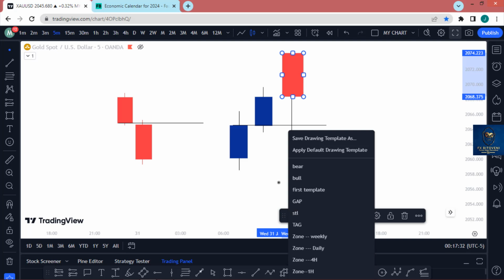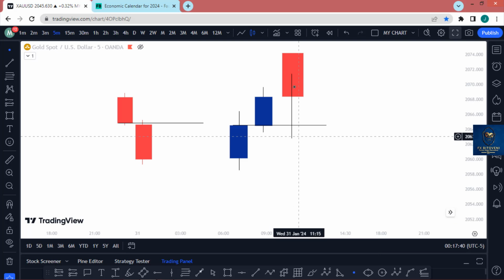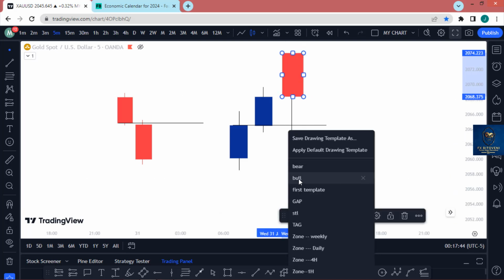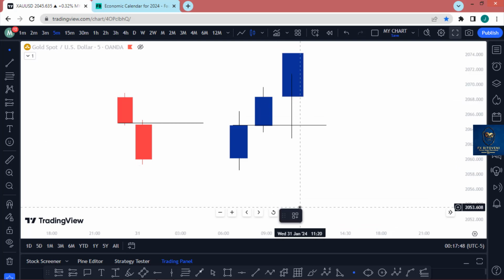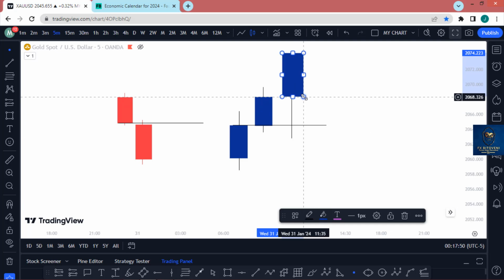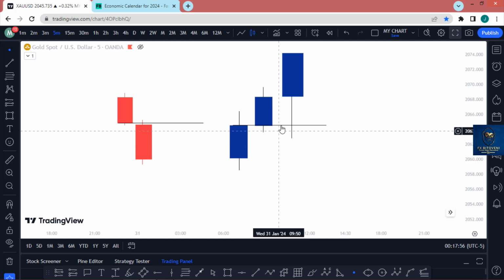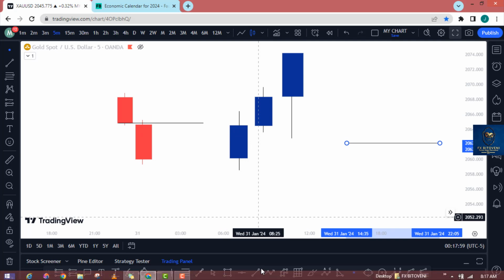Then it will become what? It will become a bullish candle. Hope you understand. This becomes a bullish candle, guys. It will be looking like this. So if you go to the chart, you will see that you have a simple FU